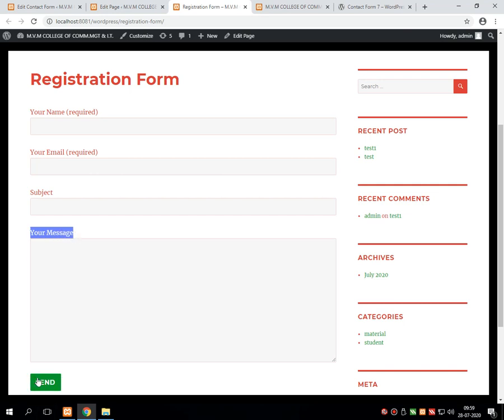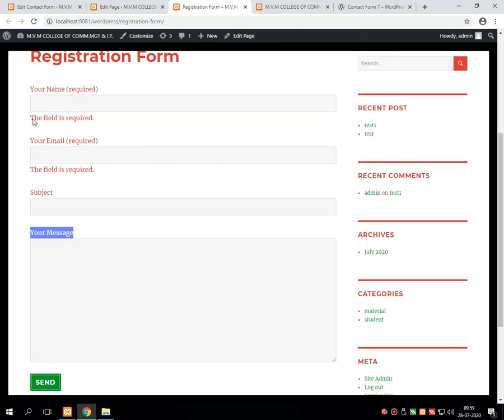So whenever I directly press this send button, it gives an exception over here: the field is required. That means whenever we click on this button, it checks that nothing has been entered by the user in this field. So that's why it gives the message.